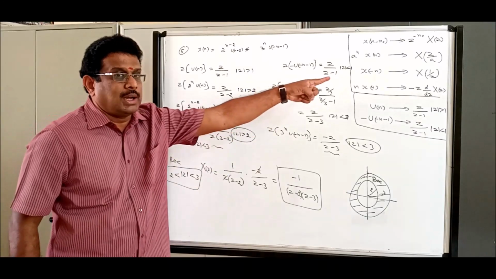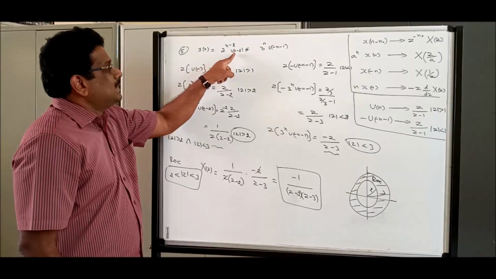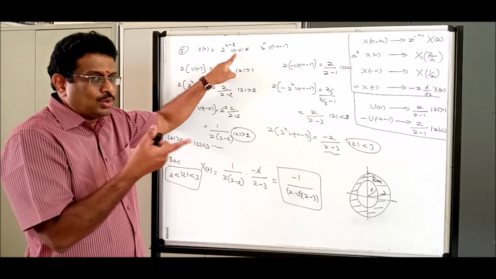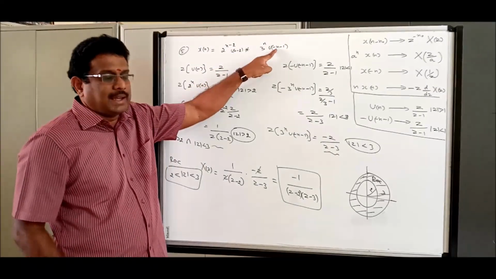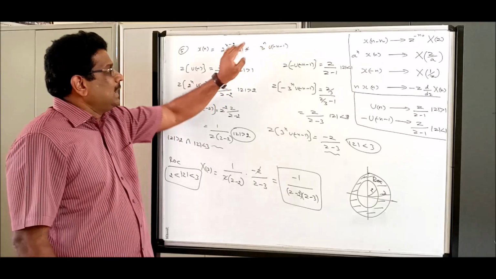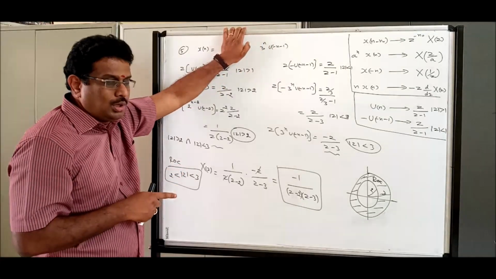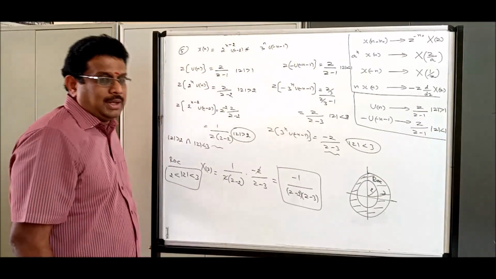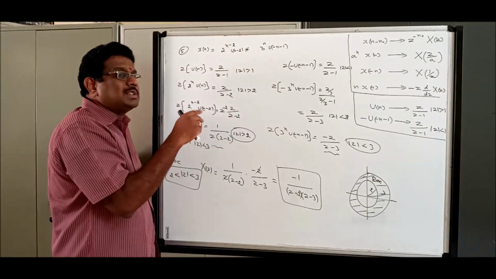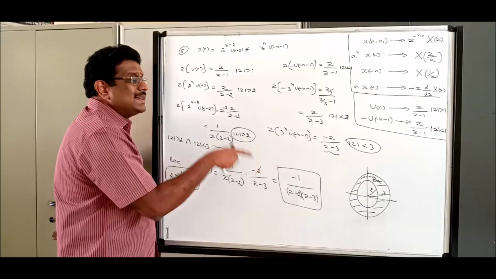Now, one general conclusion which you should know, the properties of ROC. This is properties of Z transform. Properties of ROC, what does that say? It is n, right side: ROC is outside. This is minus n, left side: ROC is inside. If this problem is right sided alone, ROC is outside. If left sided alone, ROC is inside. If this problem is both sided, then the ROC is a ring.